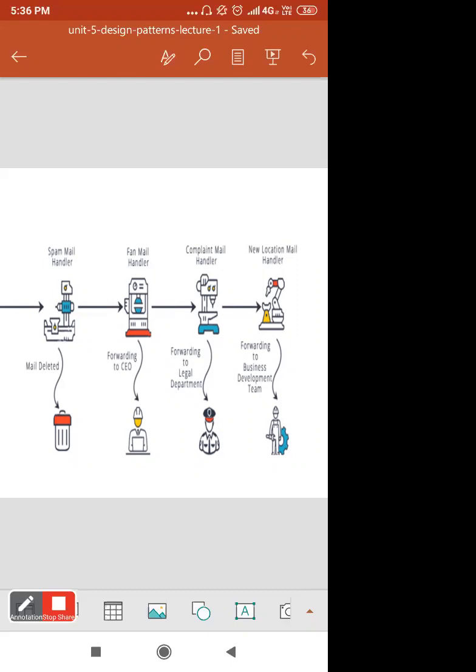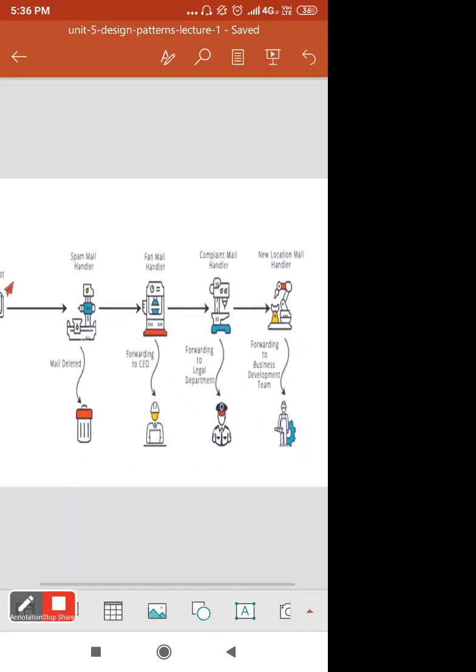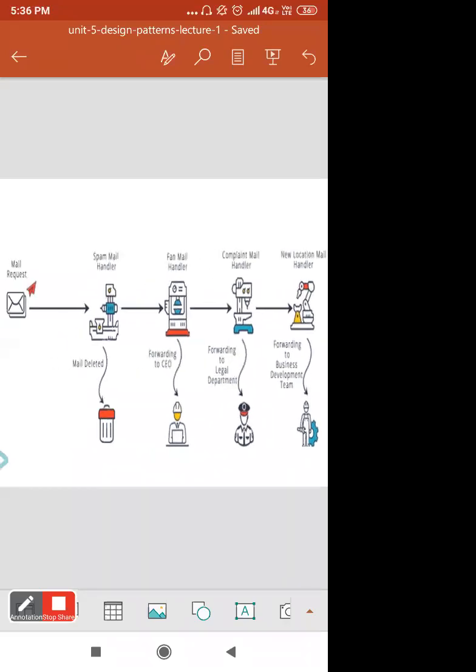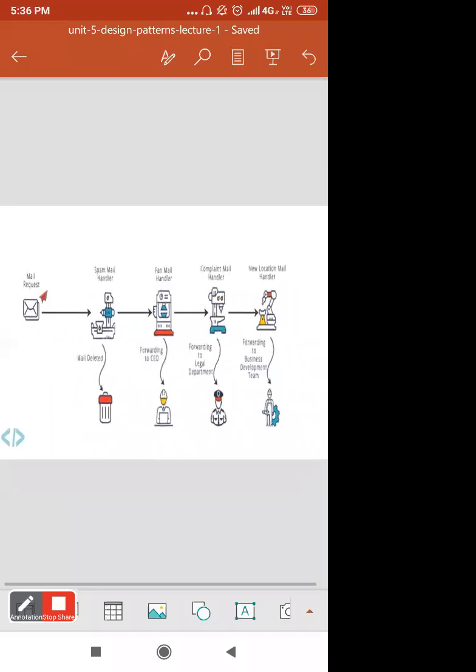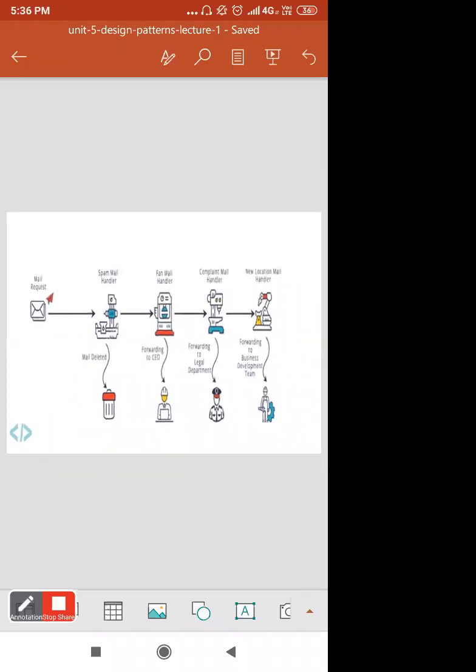So you can see here, these are the number of handlers who handle this particular request and perform their particular responsibility, and according to their responsibility the request gets handled. That is nothing but the chain of responsibility.